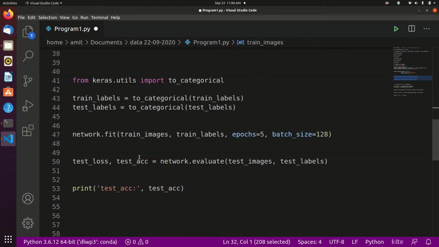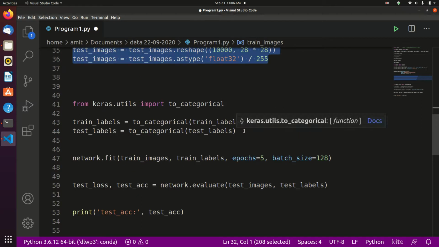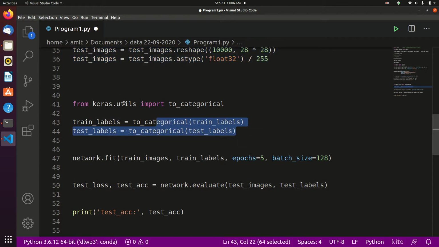Now at last we also need to categorically encode the labels. We have to prepare the labels. How do we prepare them? From keras.utils import to_categorical, and apply it to train labels and test labels.